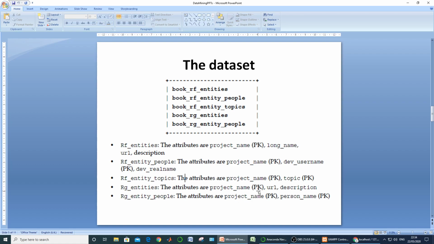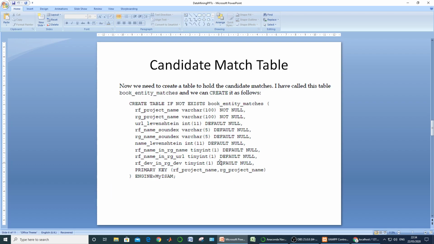So for obtaining the project names which are there in RF as well as in RG, we have to make an inner join of these two tables, the RF entity table and the RG entity table, on the field that is the project name, and we have to insert all those project names from the RF table as well as the RG table into our resultant table, which is named the book entity matches table.